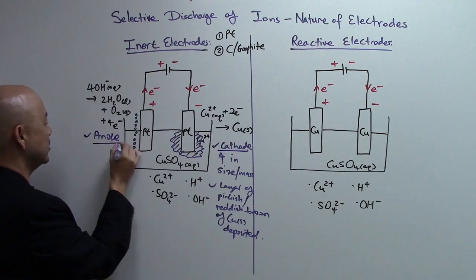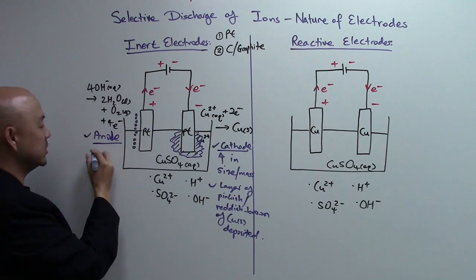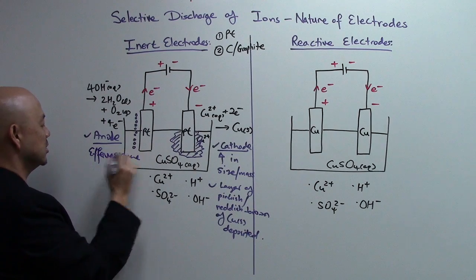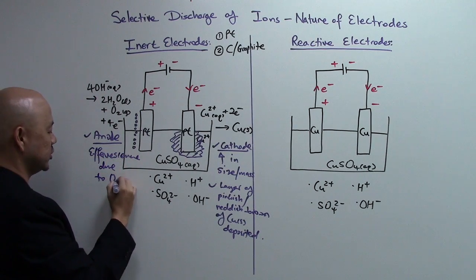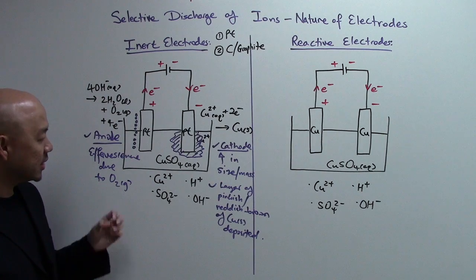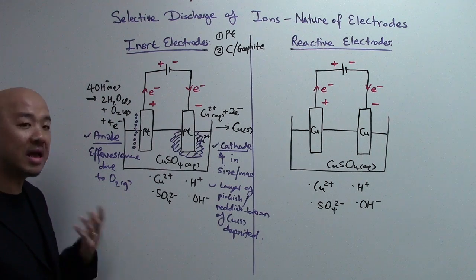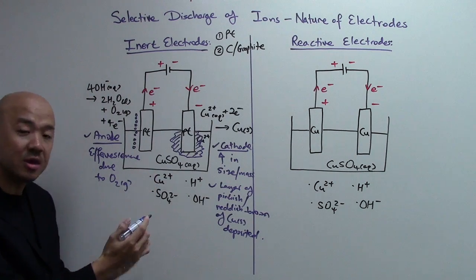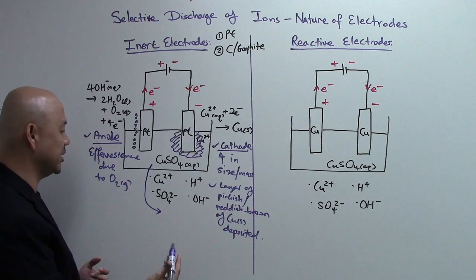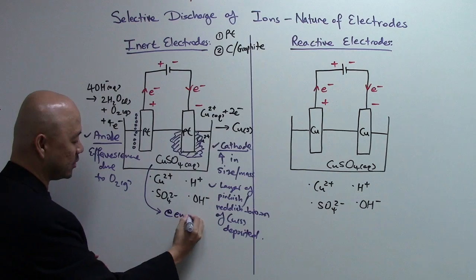Alright, at the anode, you will see effervescence due to O2 produced. Okay, so this is the observation. Now, a lot of time in exams they also ask you what happened to the electrolyte solution towards the end of the reaction. So what do you observe over here at the end of the